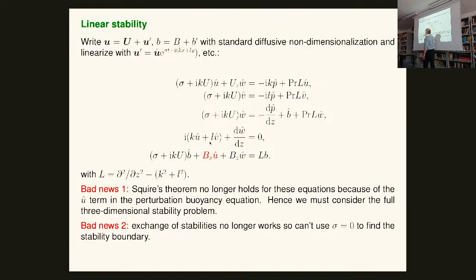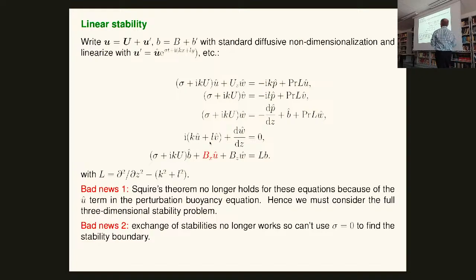I've taken a nice Fourier transform in the horizontal, and then my L operator is my vertical derivatives, which you could write as a capital D if you want, and my horizontal wave numbers. And because all the coefficients are time independent, x, y independent, I've got a growth rate sigma. So this is a set of ODEs.